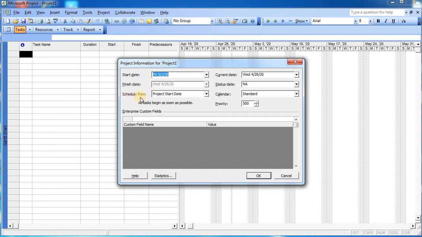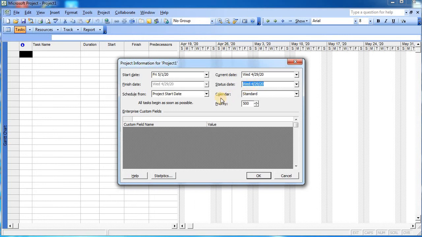Now, from where you want to schedule, again it is giving two options. First is project start date, that means it will consider the project start date as day number 1, or you can do it in the reverse way by considering the project finish date. So we will keep it as project start date. Current date is showing over here. Over here, if you want to do the checking somewhere in the middle of the time, then we can change this part, otherwise the status date will remain by default the same.